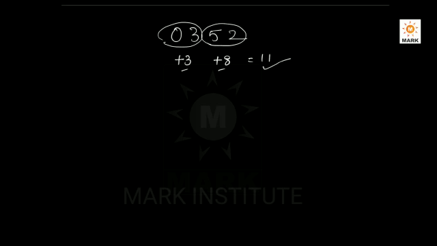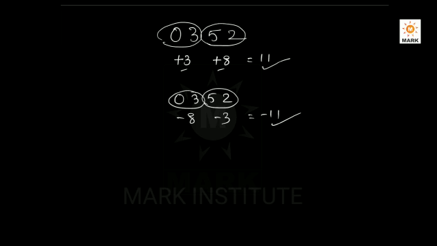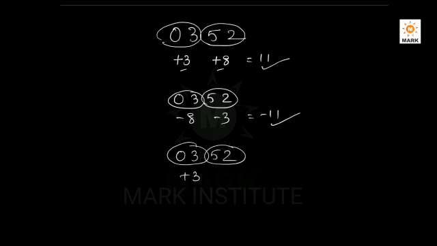If you take the deficiencies, then also same thing. 0 3, 5 2, deficiencies. What is the deficiency here? This is minus 8. What is the deficiency here? This is minus 3. Plus minus 8 and minus 3, that is also 11. So if you take both, no problem. Suppose here what is the excess? Plus 3. Here what is the deficiency for 55? Because 11 5s are 55, it is minus 3. Plus 3 minus 3, it is 0. So in any way we can say 352 is exactly divisible by 11.